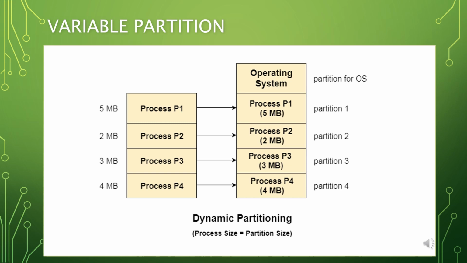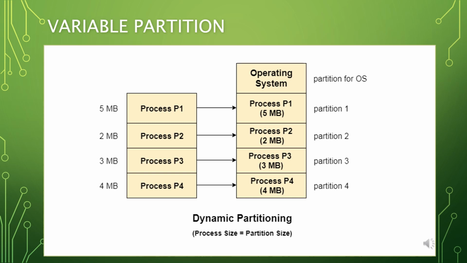Now, if I say variable partitioning, the point you have to keep in mind is that the number of partitions and the sizes are variable. They are not defined at the time of system generation. These partitions are created by the operating system at runtime, so the size can differ according to the processes. The procedure to be followed for memory allocation is nearly the same as in fixed partitioning, that is, it is contiguous. So as and when a process comes, the allocation takes place one after the other.